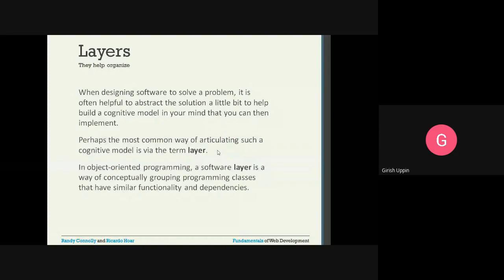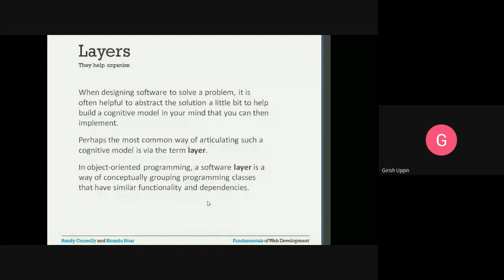In object-oriented programming, a software layer is a way of conceptually grouping programming classes. That is a software layer where all the classes which have similar functionality and dependencies will be put together. So you can group based on the software or based on the functionality.